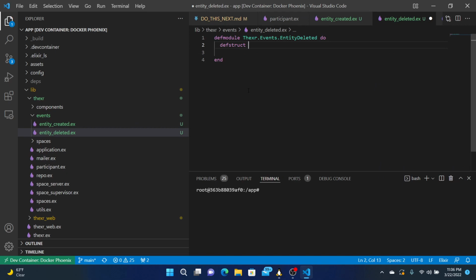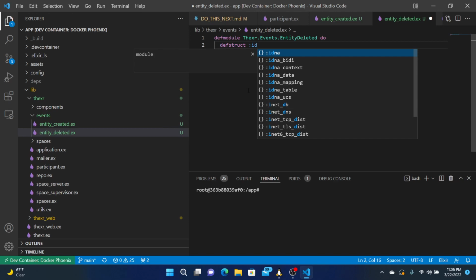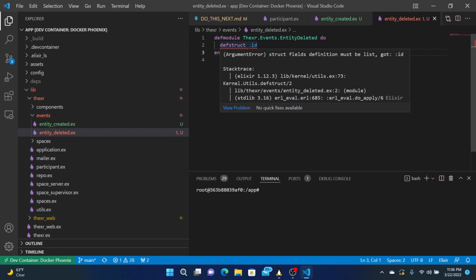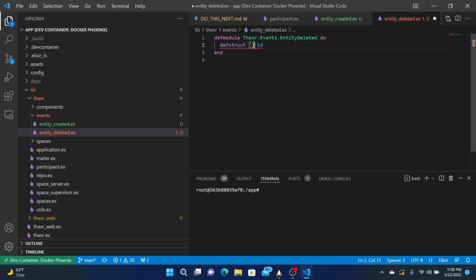Just give me the ID to delete. It's probably the easiest thing. Must be a list. Okay, it's a list. And so you can create one, you can delete one.